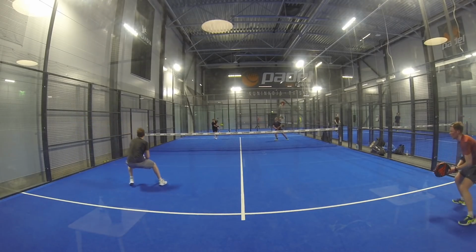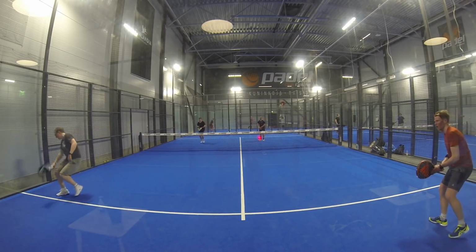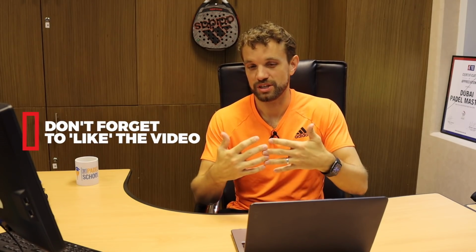And just that last one there of going into no man's land slightly, meaning that he was out of position. So there we've looked at a few different examples of the court position, and starting with the Chiquita and using that in your game, and you can see part of the time it was a really good Chiquita because the opponents were in the net position, but also sometimes the opponents were a little bit too far back, leaving space in front of them, and what turned a normal shot into a Chiquita because of their bad court position